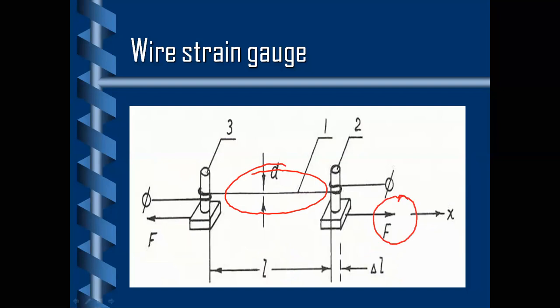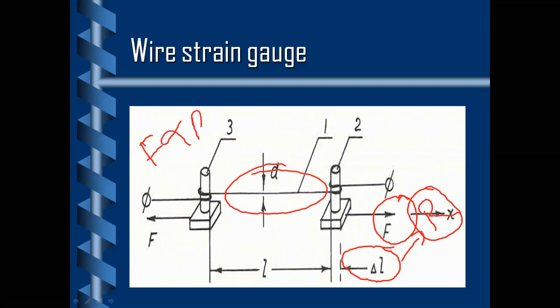Depending on how much force you apply, this change of the length is going to take place, and this change of the length will cause the change in resistance. So force is, actually we can say, directly proportional to resistance. We are not supposed to consider force is the